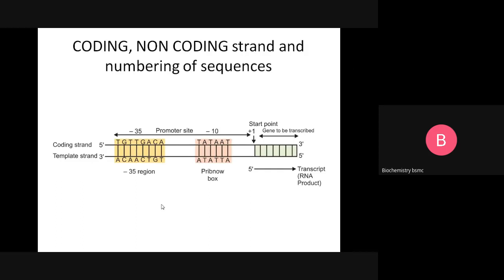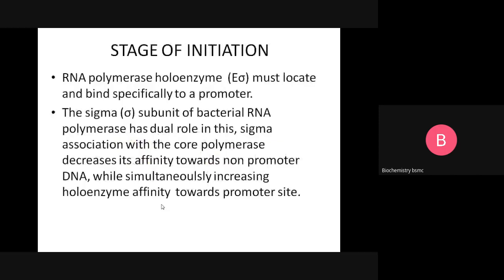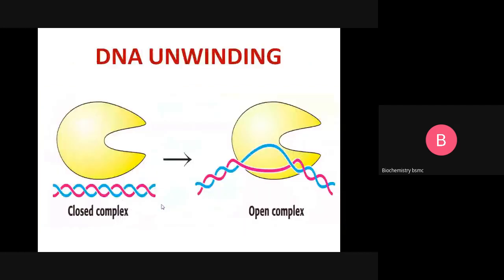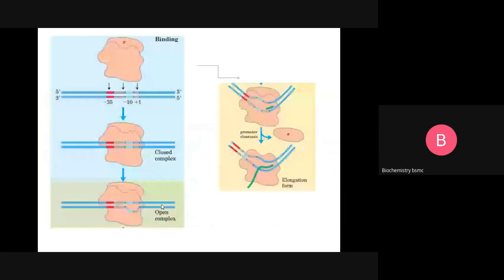Now coming back to the transcription bubble again, here is another such diagram of the transcription bubble. What is important is that gradually the polymerase moves towards the 3' end of the coding strand, shown in blue.